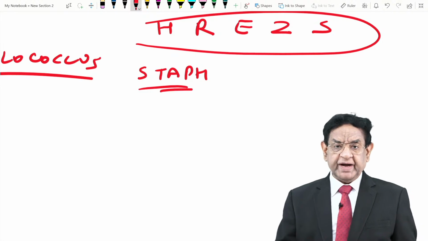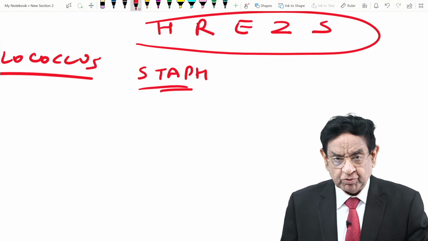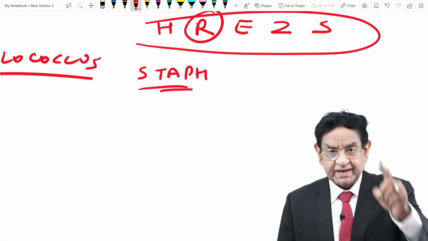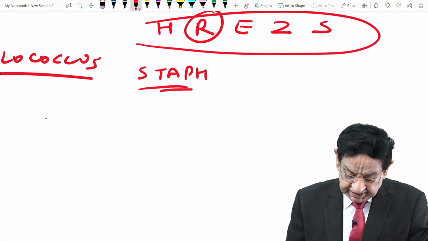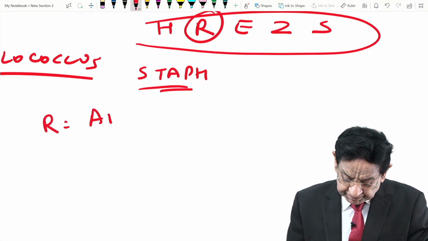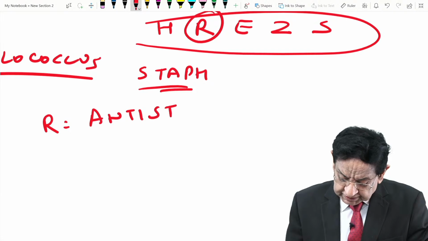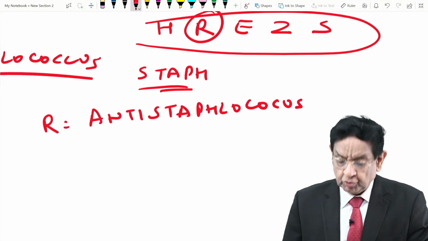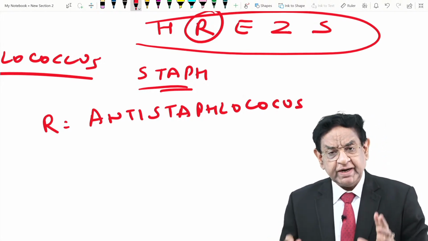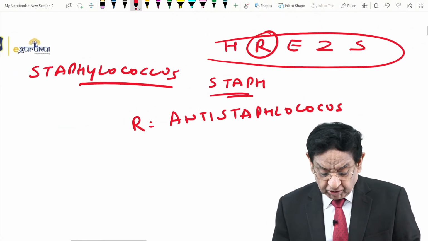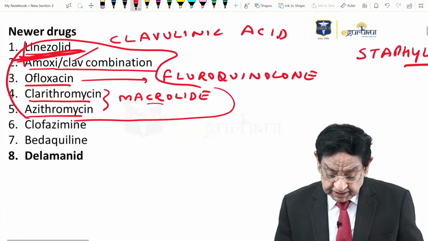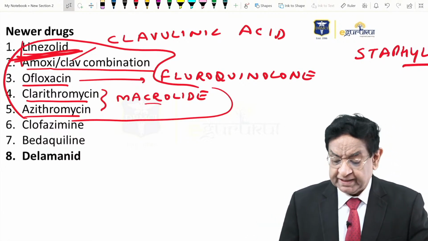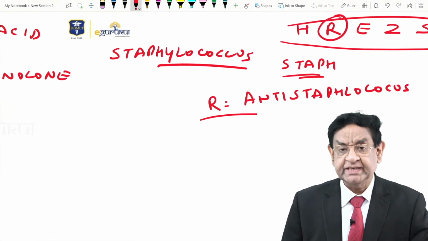Which of the following 5 drugs can be used for treatment of staphylococci also? Well, the right answer is rifampicin. This is a gold medal question, not known to the majority of students. Rifampicin is a very good anti-staphylococcus agent also. These are all the new drugs which we use for staphylococci, and we just got the new information that rifampicin is a very good anti-staphylococcal agent